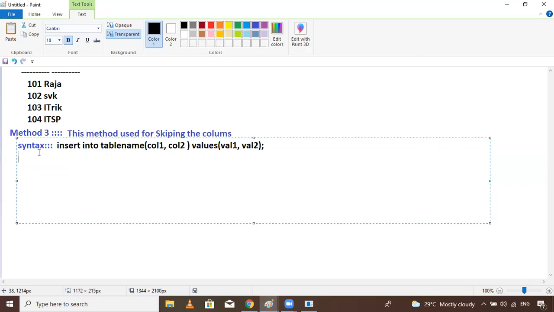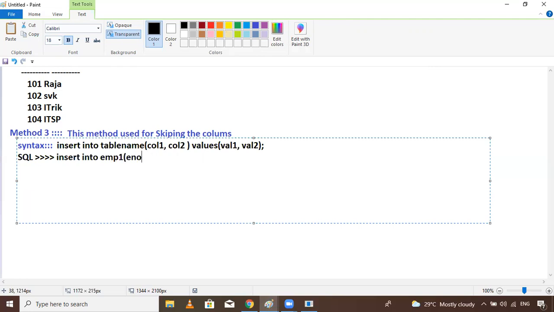So now here, in SQL: insert into table name, EMP1 is there.